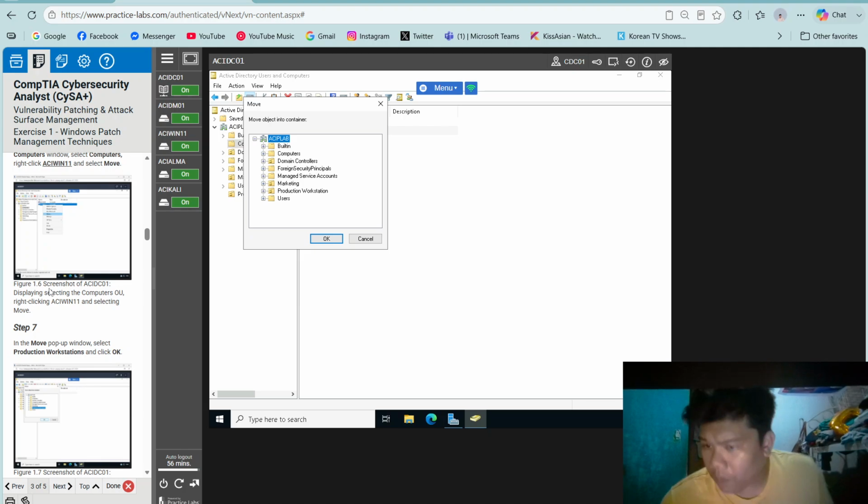Step 7, in the Move pop-up window, select Production Workstation and click OK.